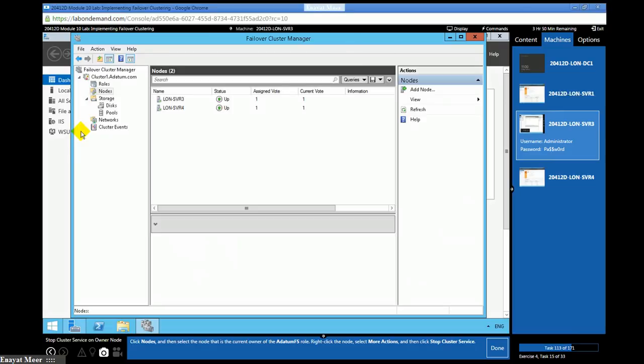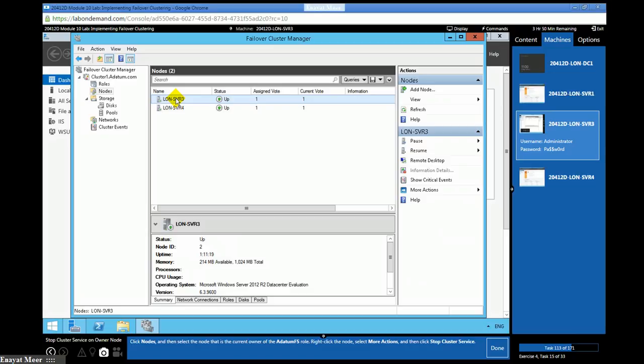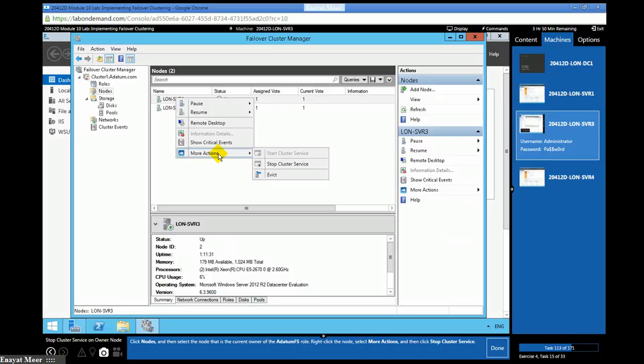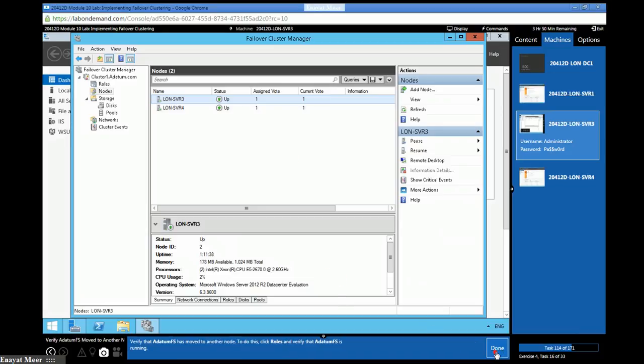So if you are going to stop a service on one of those nodes, no problem. So that is the main message. So if you got it, you're going to stop this cluster service on SVR3.